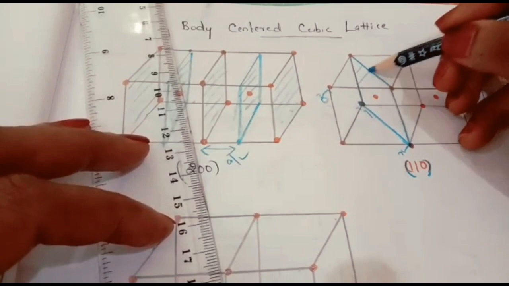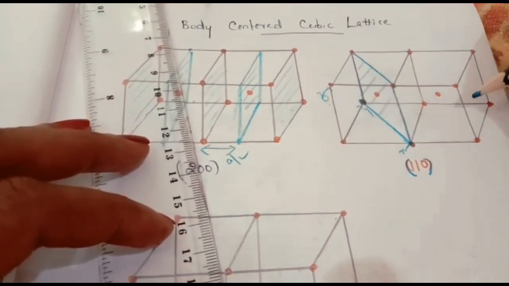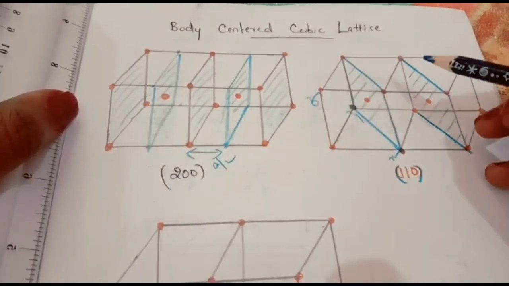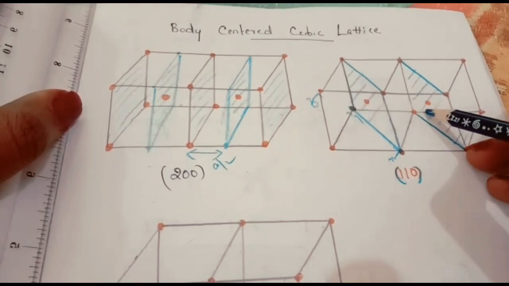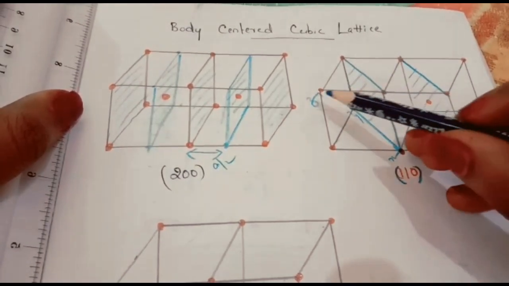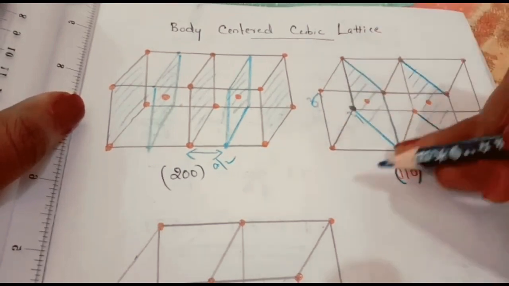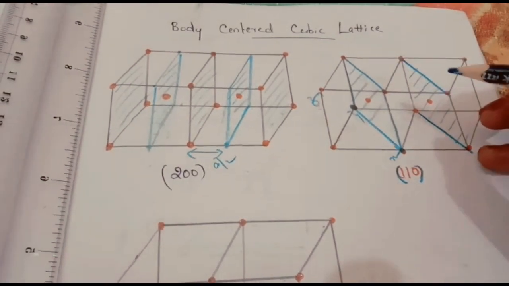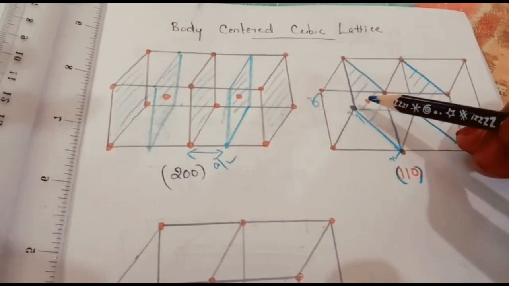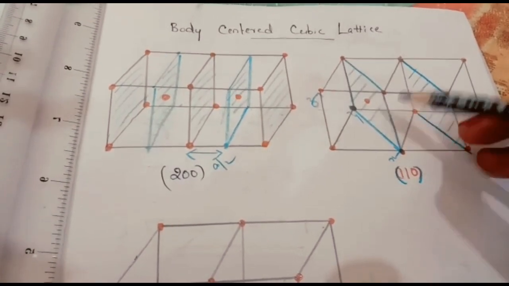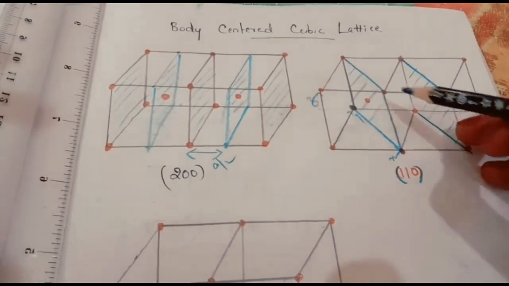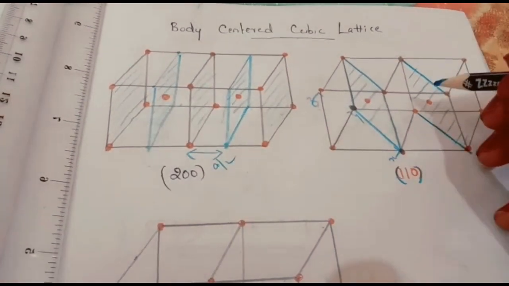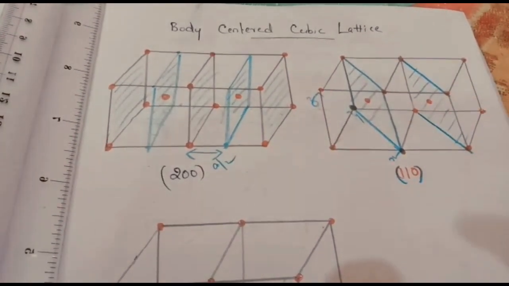See this one? This one is 1, 1, 0. Same like here, here also we have to draw that. See, this one is the 1, 1, 0 plane of the simple cube. Now you see here, this central atom is also passing through this 1, 1, 0. Then the corners are also included. This corner will be shared when another cube is here, because in a crystal n number of cubes are there. So here n number of unit cells are there. All these corners will be shared, and this plane passes through the central atom. So this is a 1, 1, 0 plane. There is no need of an additional plane in between, as all the atoms are included in this plane. So for simple cube and for body centered cube, the 1, 1, 0 plane is the same.